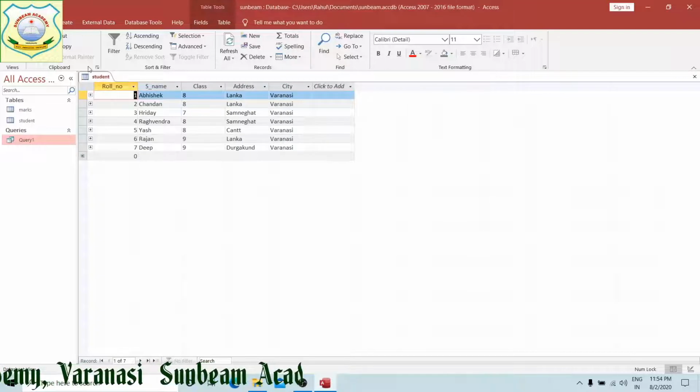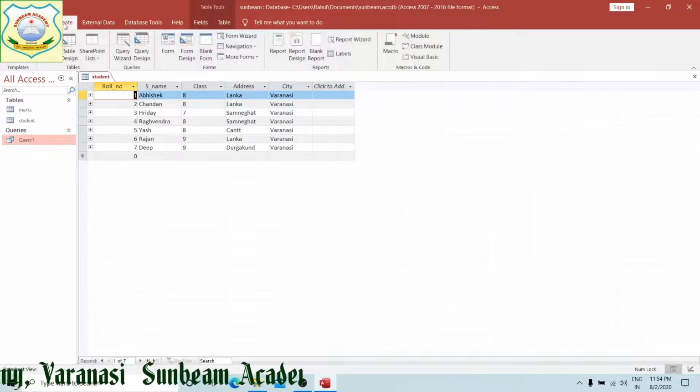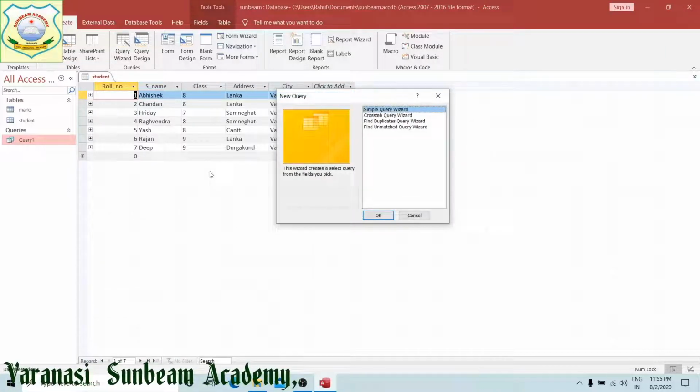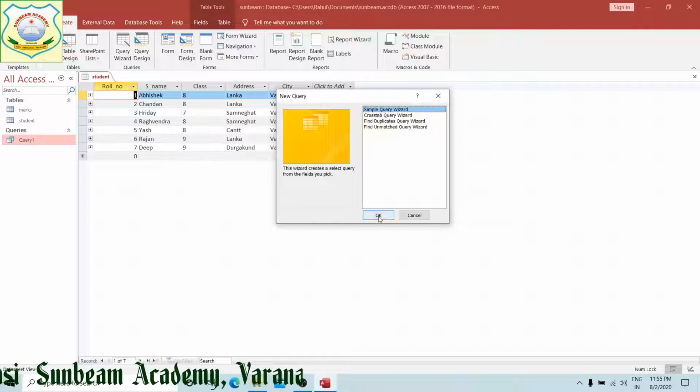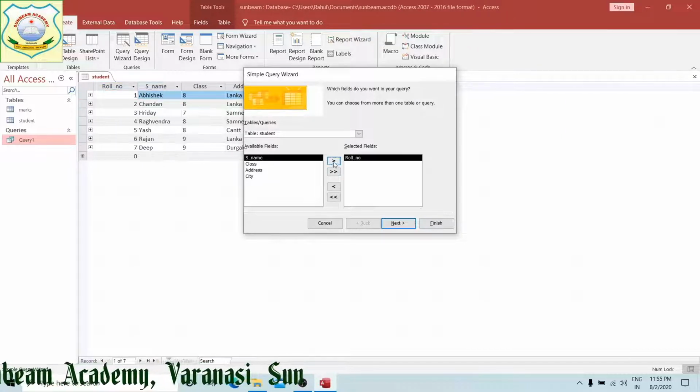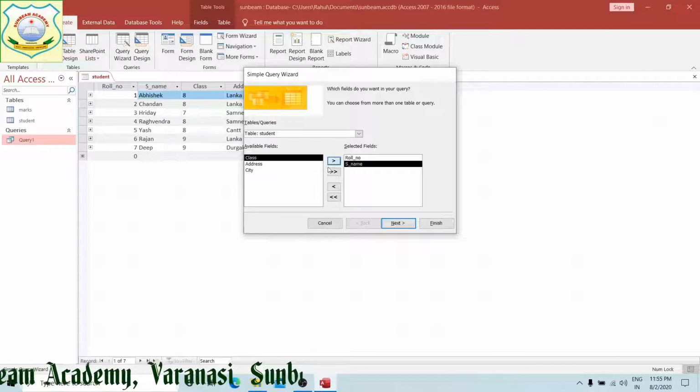Next, students, we will see creating a query using the query wizard. When you click on query wizard, you will see simple query wizard, cross tab, find duplicates. I am going for simple query. Into this table students, I am going to take roll number, student's name, whatever you need.